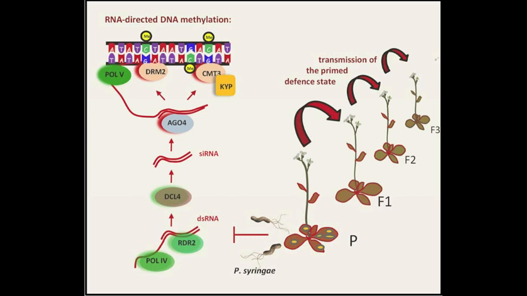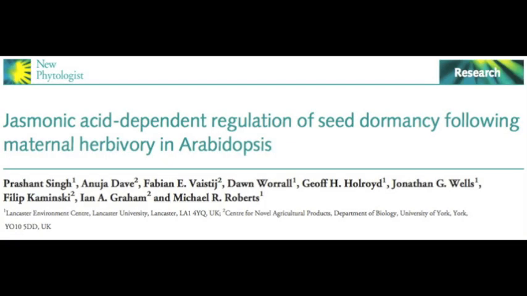So I had an idea that might relate herbivory to dormancy, and we did some experiments, and it turned out that the general idea was right, but what I thought would happen was exactly the opposite in the end. What I figured was that if OPDA increases dormancy, and plants under attack are making OPDA, then plants that are suffering herbivory would make seeds which are more dormant because of the elevated levels of OPDA. That made sense, because then, as well as priming the defense in the offspring, you also delay germination to avoid the herbivores that your parents were suffering from, and then when you do germinate, your defenses are primed.